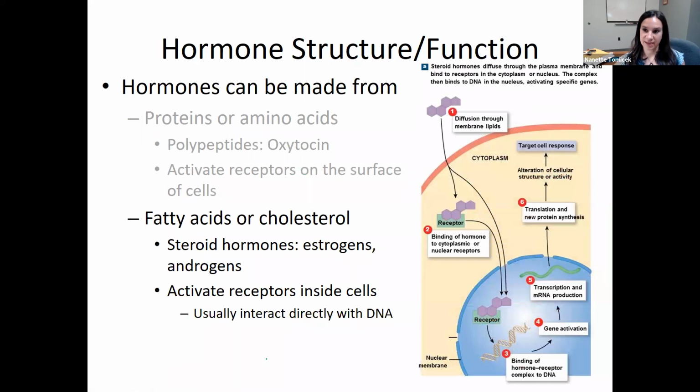Let's look at the fatty acid or cholesterol-derived hormones. When people say steroids, they're thinking of a cholesterol-derived hormone. Open your mind up a little bit. I think people hear steroid and they think of anabolic steroids, like external sources of testosterone. Widen your perception a little bit. It's not just testosterone that is made out of this steroid